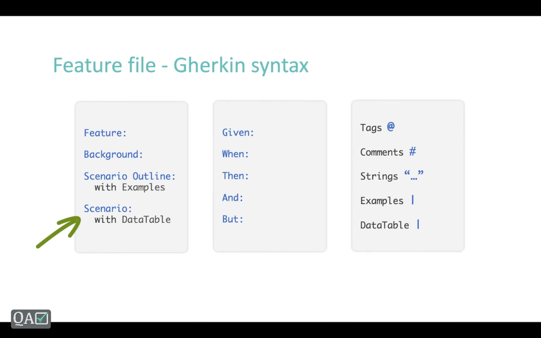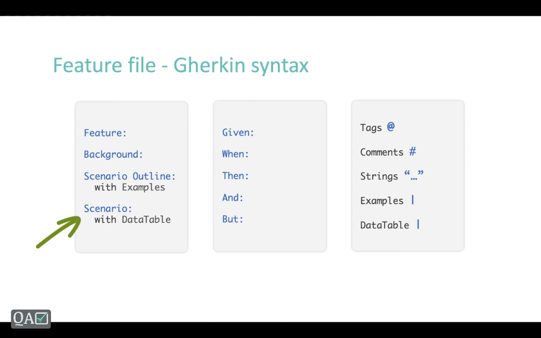And one thing, when you are using a scenario, it is not mandatory that you need to have a data table. Wherever you need the test data, there you can use the data table, but a scenario can stay as it is without any test data. So let's say your test scenario would be: launch the browser, then load the URL, verify whether that URL is loaded or not. At that moment, you don't need any kind of test data, right? You will have some file from where you can get the browser name and also your browser URL. So at that time, you can have only a simple scenario without any data table. Okay.